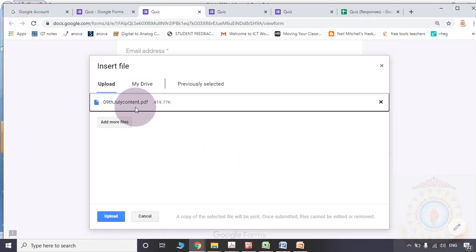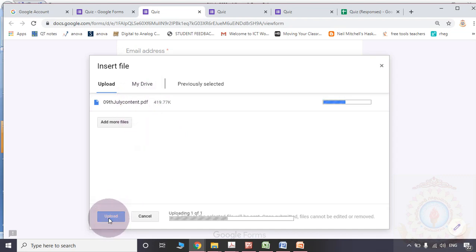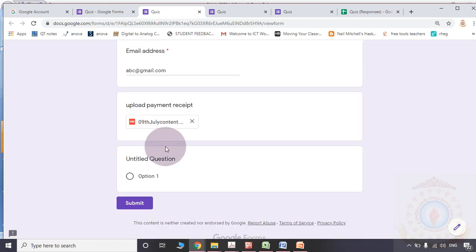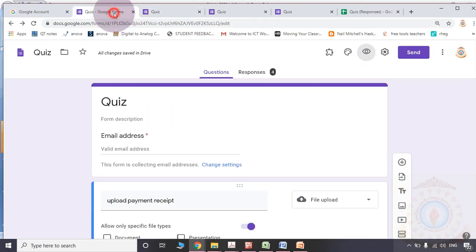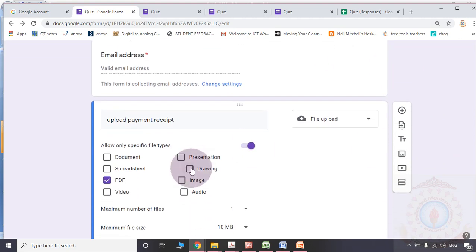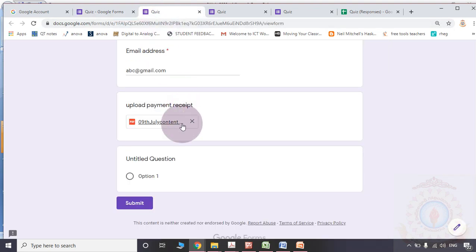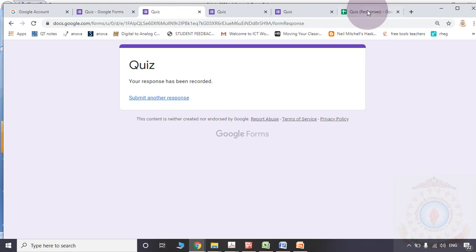Please observe the extension .pdf. So purposefully in the question I have selected the PDF option. In the answer also I am uploading the PDF document. I am submitting.